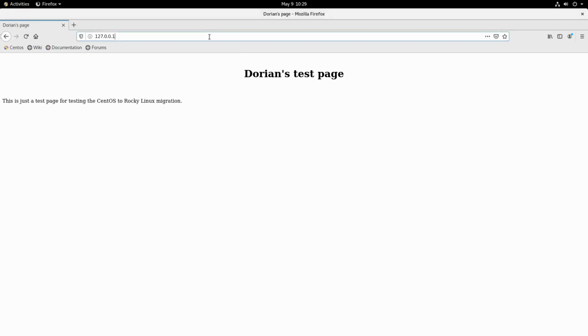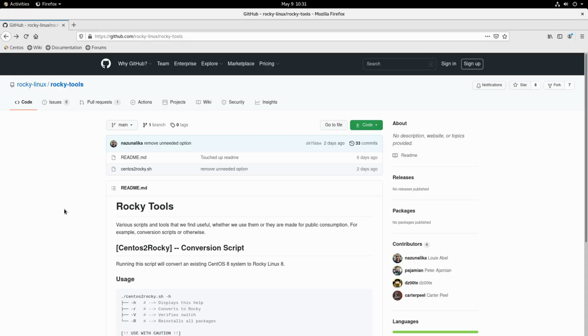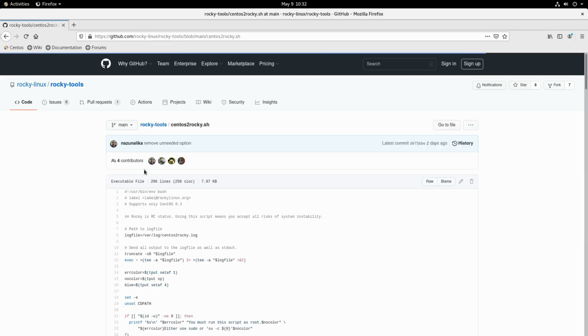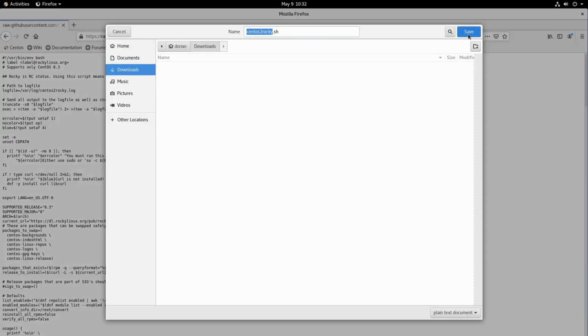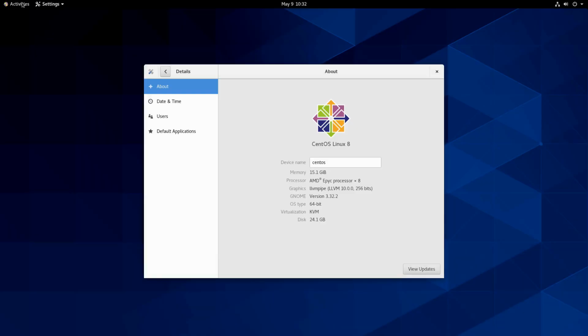So now what I have to do is download the script. I'll put a link down in the description to where you can find this, but again, keep in mind that this is still in the works and there might be bugs. It might not work properly depending on your setup. But here's the script, centos2rocky.sh. So I can go ahead and just save it to my downloads,